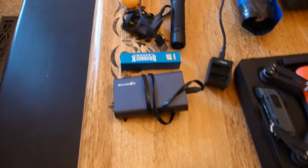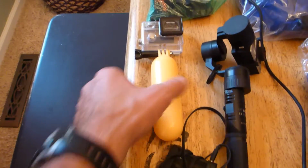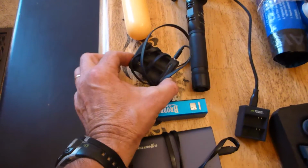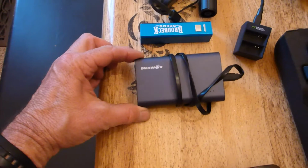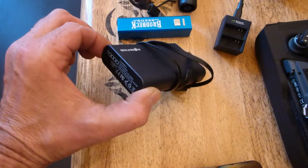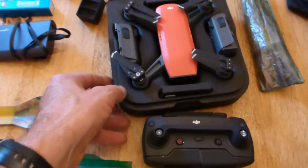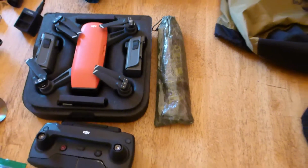Alright, to the camera gear. Got my GoPro on the gimbal. I bring the extra waterproof case and handle in case I get in the water. Gimbal battery charger, GoPro battery charger, my Blitzwolf power bank, and I got another little extra one here. And of course my new DJI Spark, the controller, tent stakes,